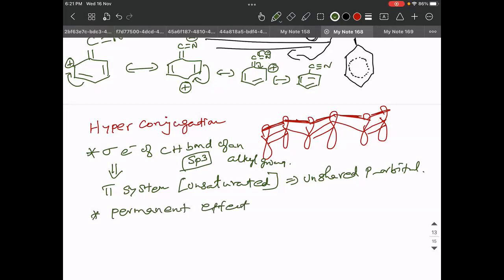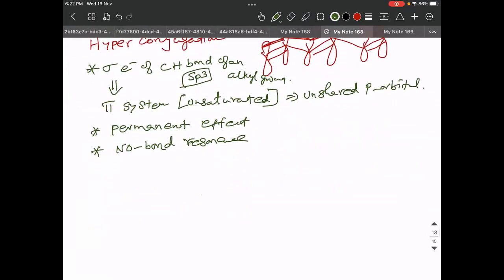Hyperconjugation, otherwise called no bond resonance. There will not be any bond, but it has a resonance. For example, when the compound propene